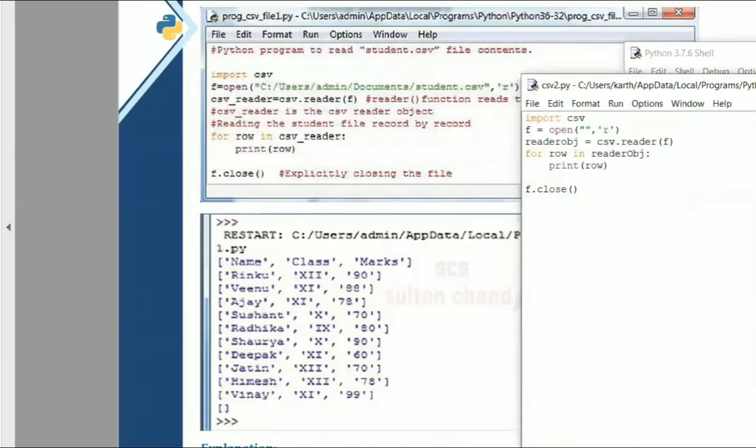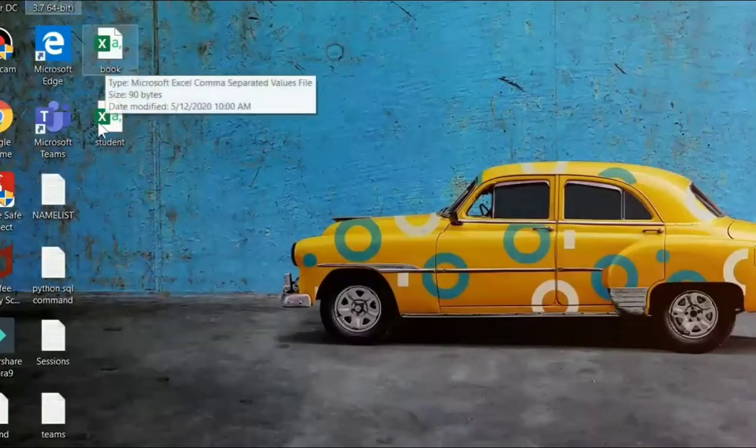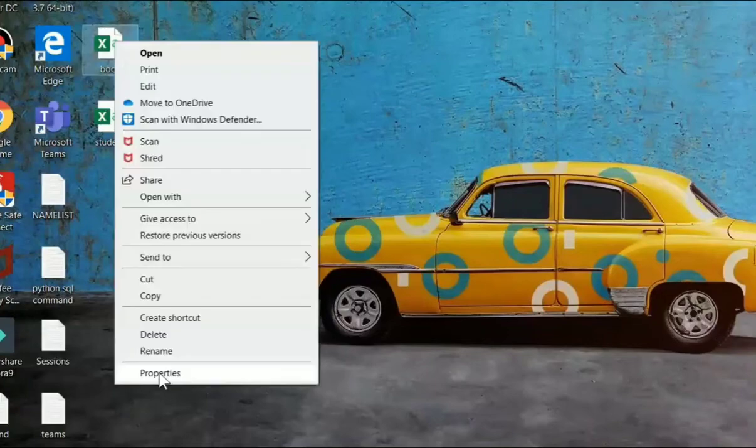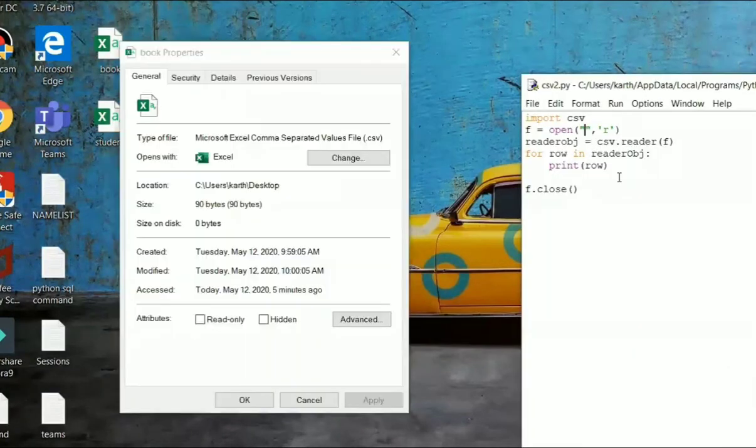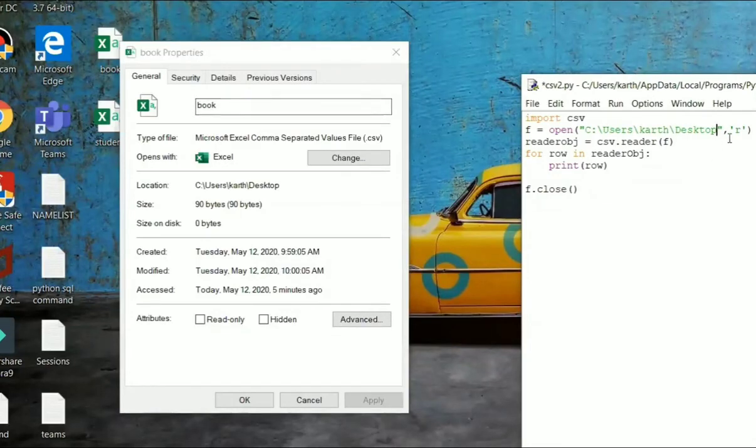Okay, so we need the location and the link to the file, right? The name of the path: the slash must be changed to this slash, or else we can make use of 2 slashes in this way also.